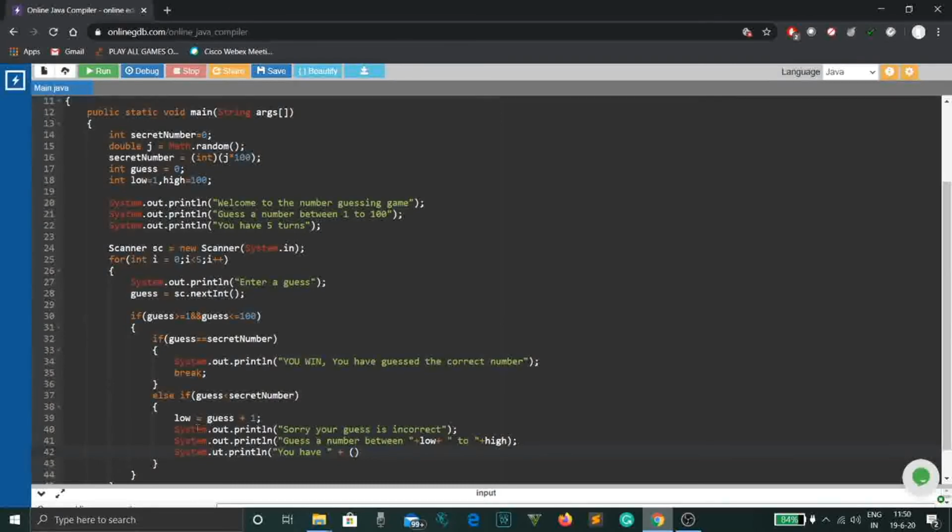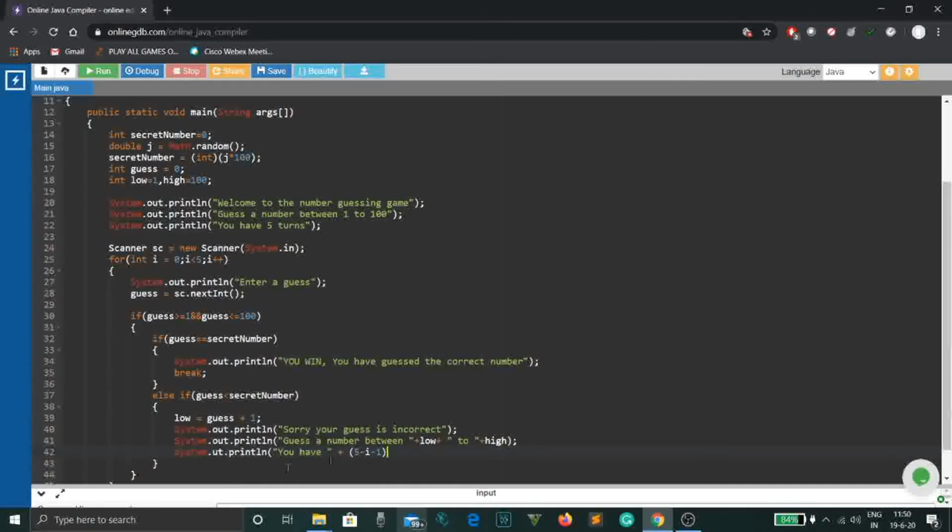Since the variable i is the only thing changing again and again, we can make a formula using the i variable. So here we can do 5 - i - 1. For the first time the value of i will be 0, so if the user guesses incorrectly for the first time, the number of turns left will be 4.